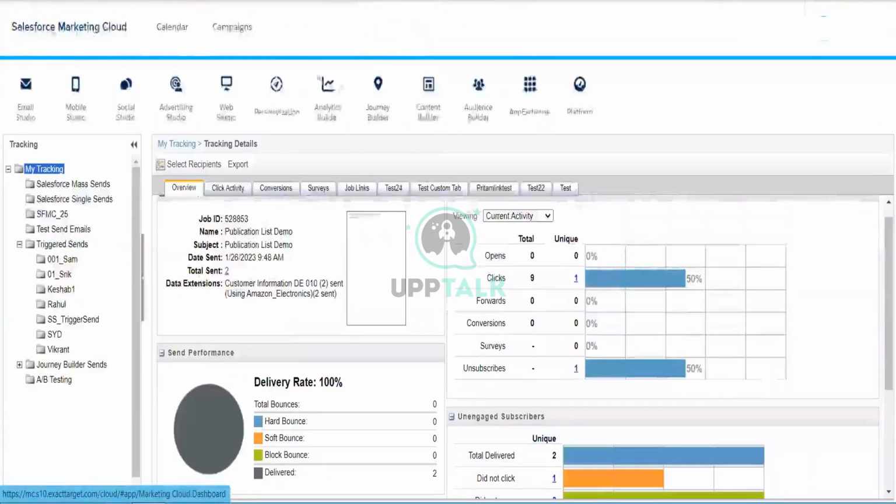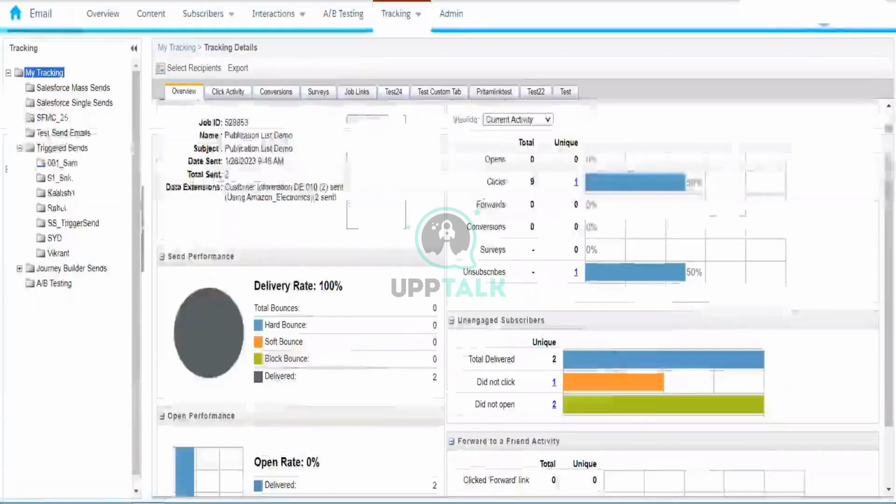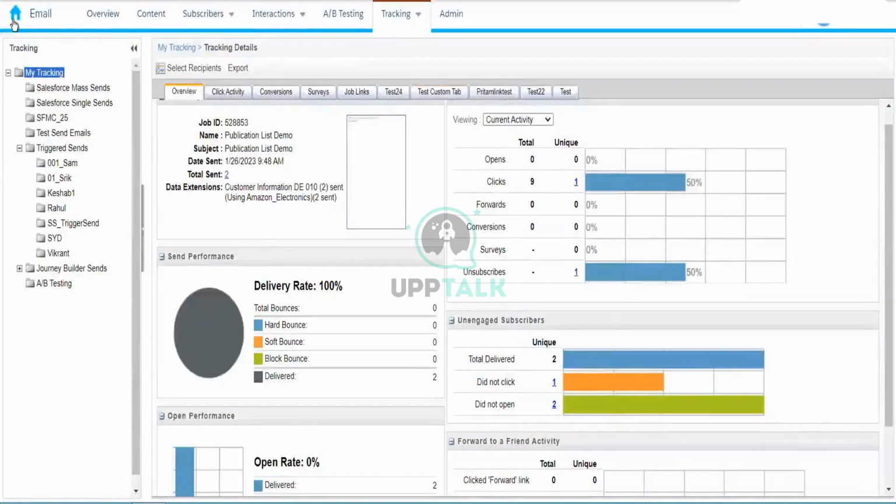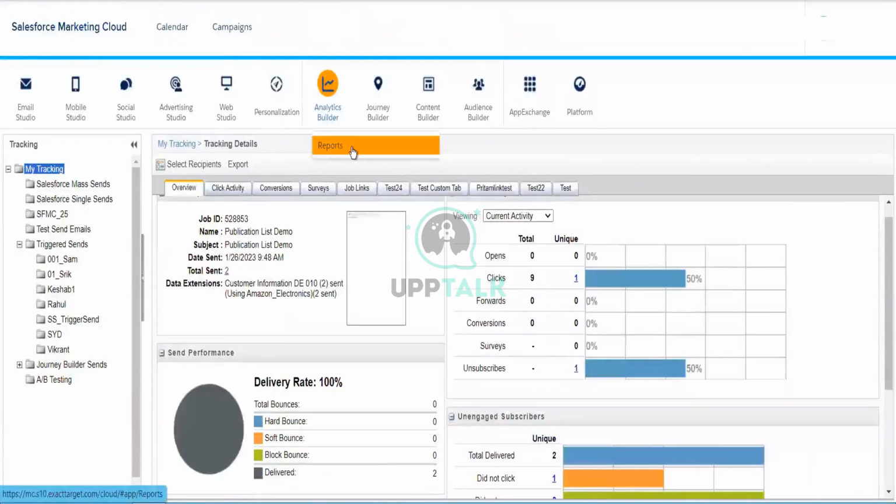Similarly, you will see some other applications as well, like in Analytics Builder, we have reports. It has the same kind of interface, and there also you will find some options which are not applicable anymore in Marketing Cloud. Since they have not made those changes at the user interface level, you are still able to see these options. But the new applications that Marketing Cloud is building, like Journey Builder,